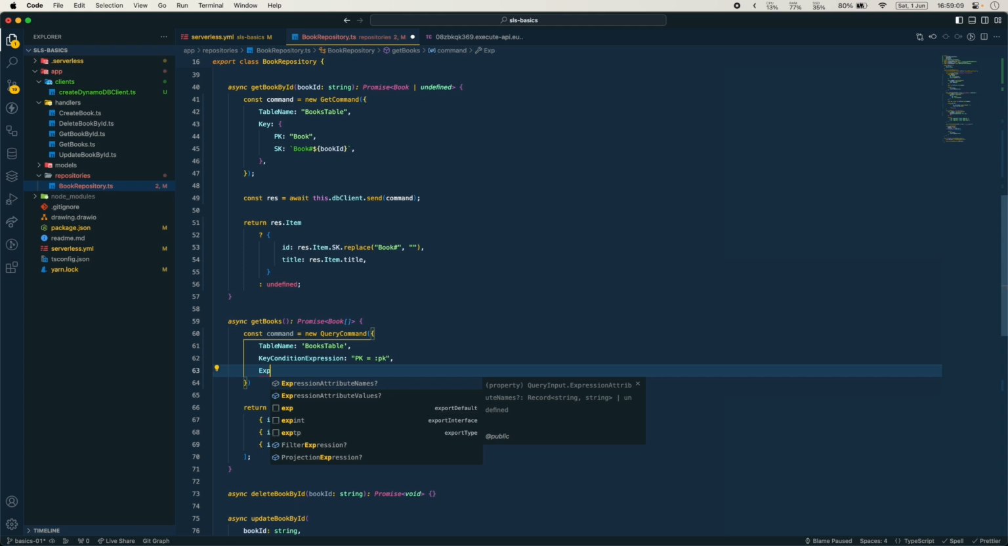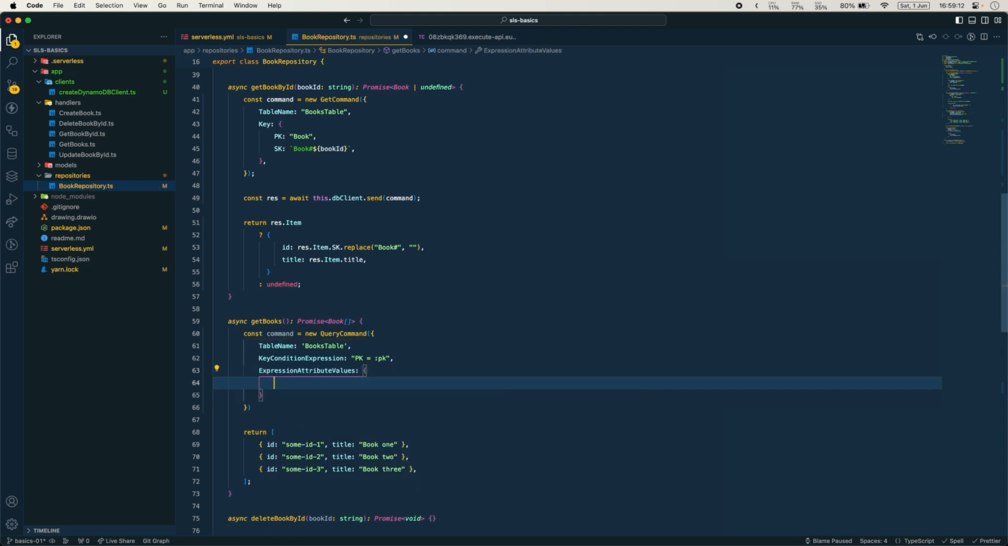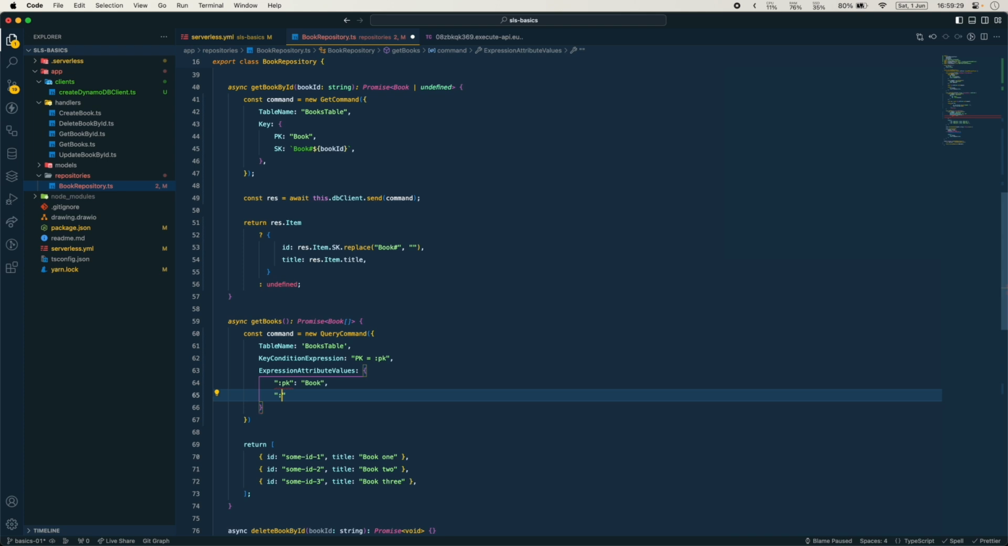the expression attribute values. So here we can create this pk. So we're prefixing it with these colons just to make it a bit clearer, and this is the standard of doing it. So the pk should be books or just book, and the sk should match some value. So we are going to add an and here. So we have the and